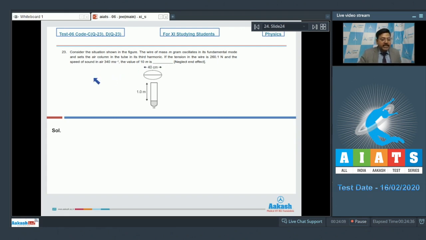Well, it's a case of resonance, and the string is also oscillating and the air column is also oscillating. The air column is oscillating in its third harmonic. That means we can consider that the length of air column, because it's oscillating in third harmonic, so 1 meter is equal to 3 times lambda by 4, where lambda is the wavelength of the sound wave. So if 3 lambda by 4 is 1 meter, this means lambda itself is 4 by 3 meter,